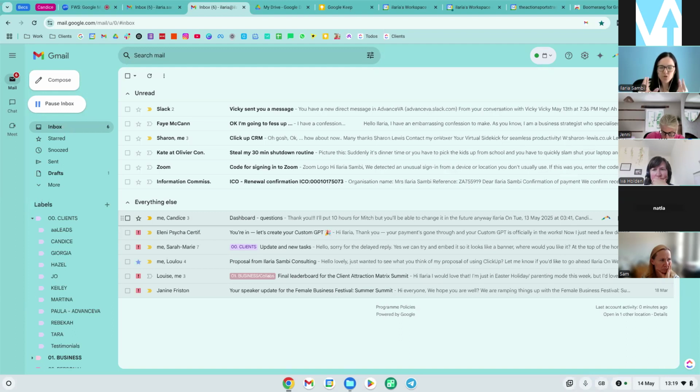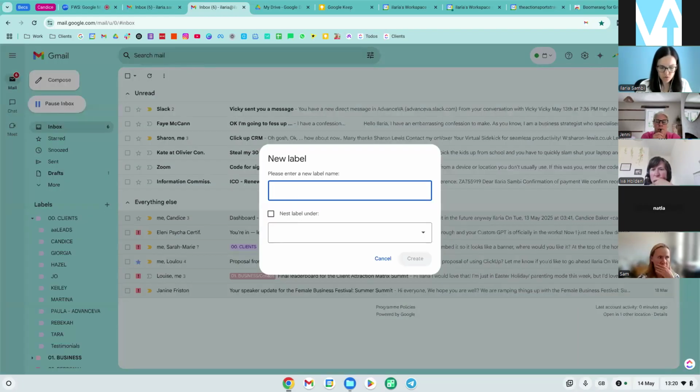So my point is, try not to keep anything that is important in Gmail, in your emails, because inevitably it will get lost. But just in case, also save all emails that you think are important and are related to a client in your labels. So in order to create labels, we need to go here and click on the plus, give it a name. So let's say client viewing.